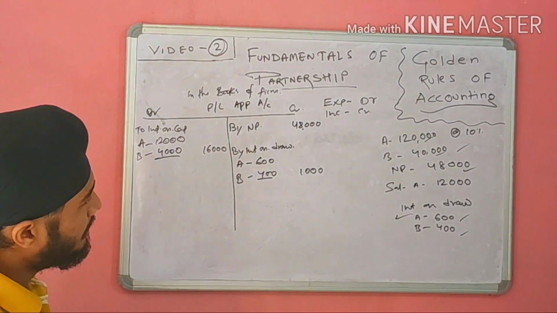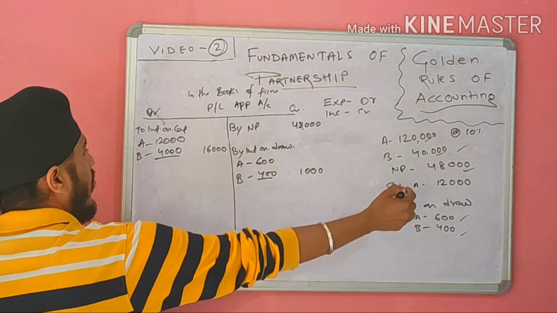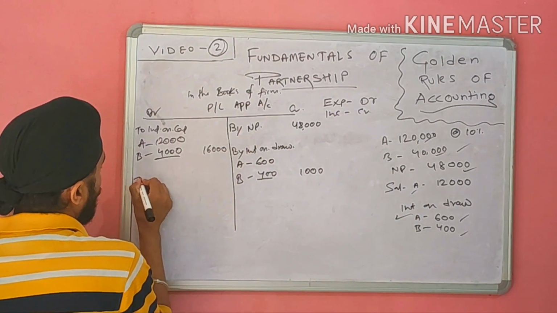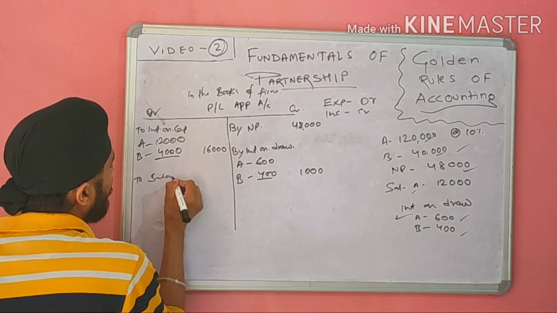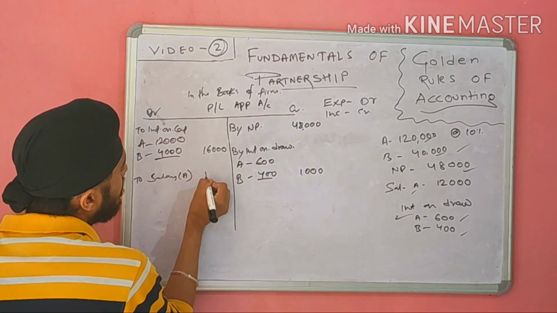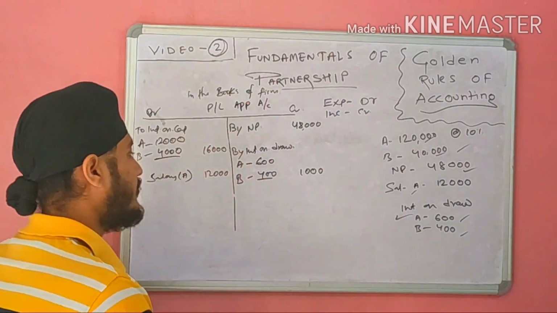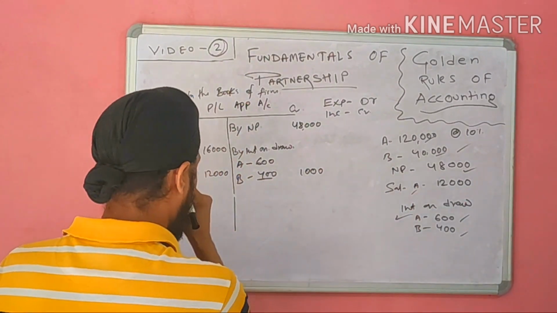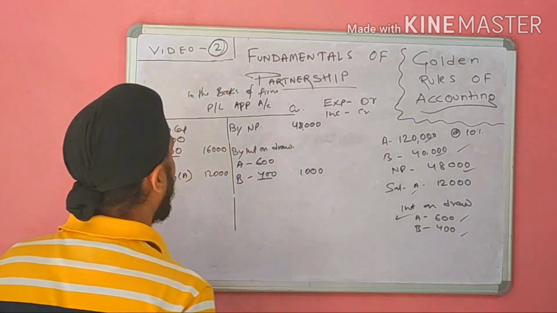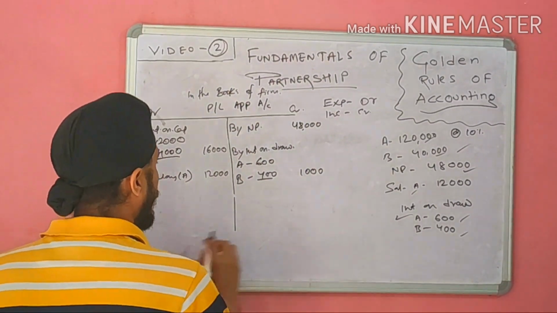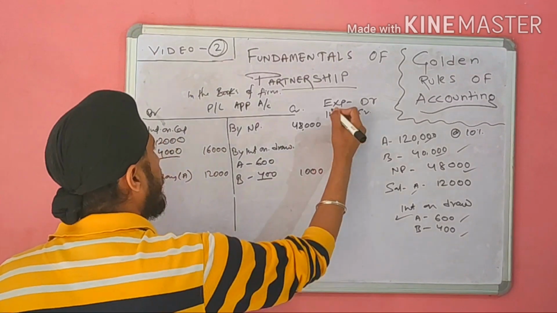So next one will come salary. Salary of A. So salary will come to debit side because it's expense of the firm. To salary A. 12,000 per annum. Per annum means full year. And next one, I think this much only. So let's balance the account. And it is left out? No commission. Okay. Now I think this credit side is bigger.